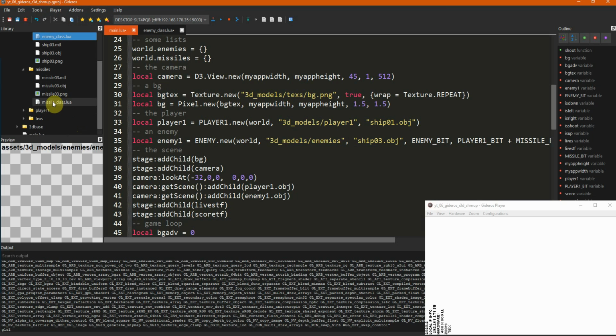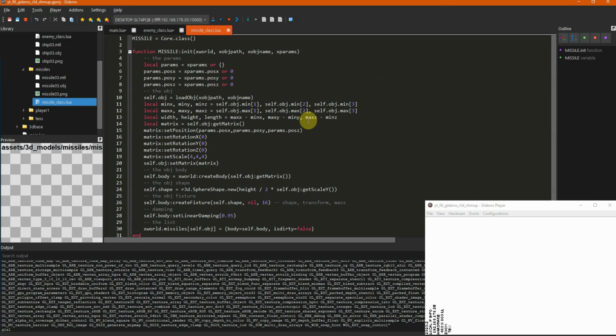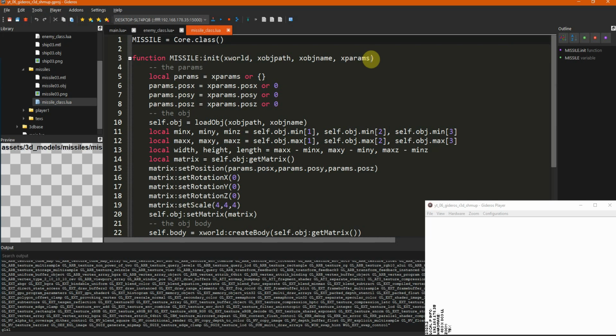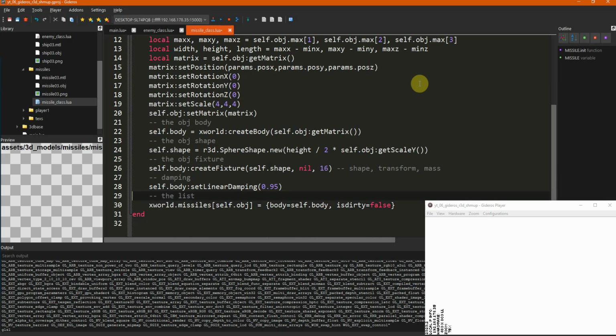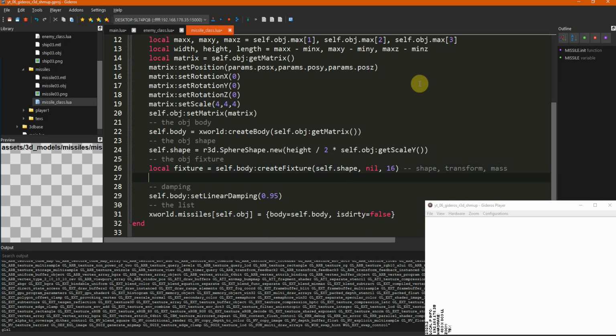So let's go to the missile class, increase, and call it x bit and x call bit, and we do the same. We go to the fixture, we create a local variable called fixture equals self.body create fixture, and then we add fixture set collision category bits.